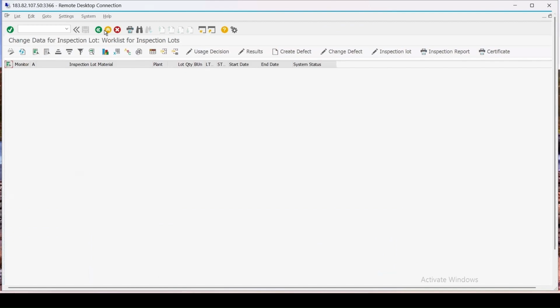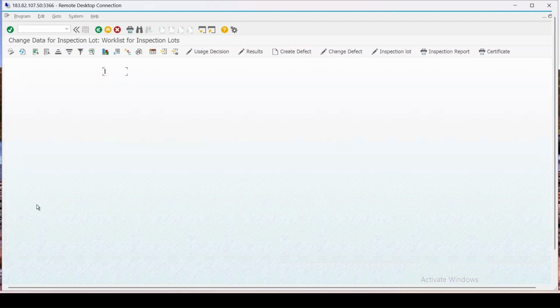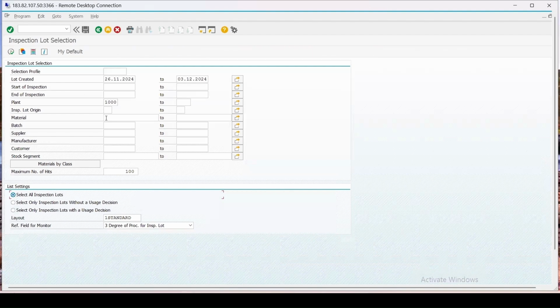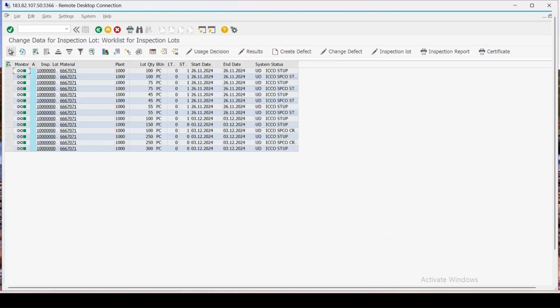Let's go back. And if I select all the lots, and I'm entering my material filter as this and the origin as 01 and execute it. So this is the one, okay, with the quantity 300. So just now which we have done,